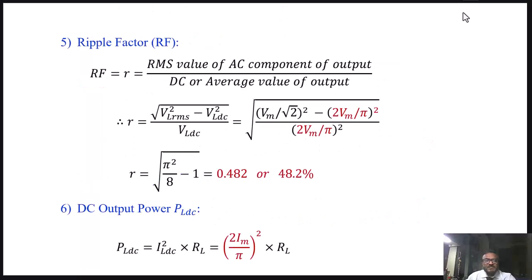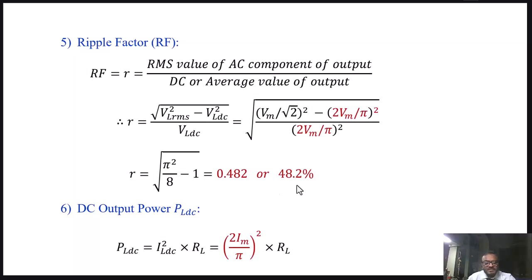Now let us estimate the ripple factor. Ripple factor is defined as gamma equal to the RMS value of the AC component at the output divided by the DC component, and that is equal to the ratio of under root VL RMS square minus VLDC square divided by VLDC. Substitute the values of these terms and simplify. We will get the ripple factor equal to 0.482, that is